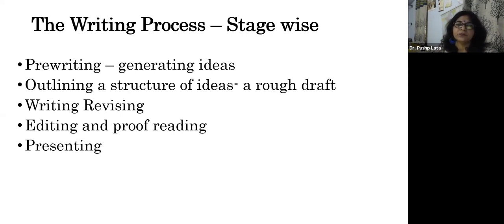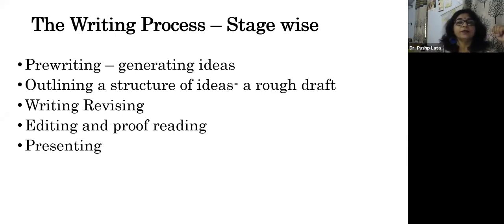Second step is where you outline a structure of ideas. See, you had n number of ideas and you have jotted them down. Now you see, can you bring a structure? Can you see how the different points are falling in? What are the main headings? Under each main heading, what kind of subheadings would you like to put? So there has to be a logical progression of the idea. So that is the second stage when you are preparing the proper outline of your research paper.